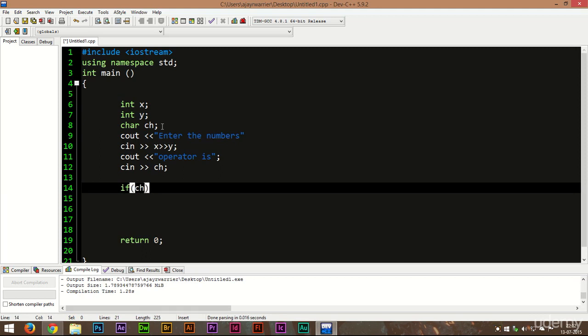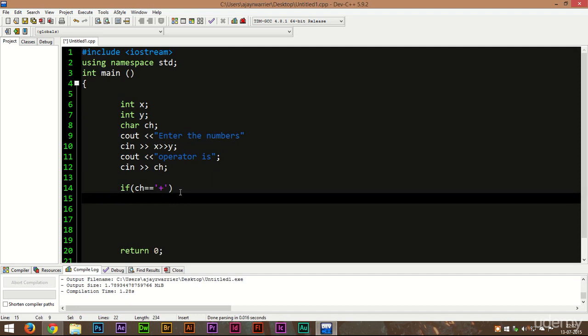If ch equal to plus. Now equal to it will compare the equivalence. Now one single equal to sign will initialize ch with plus. Now double equal to signs will check for equality. It will check whether ch is plus. Now if ch is plus, cout